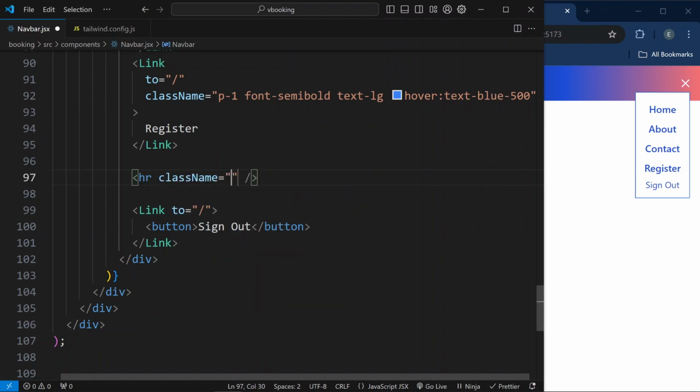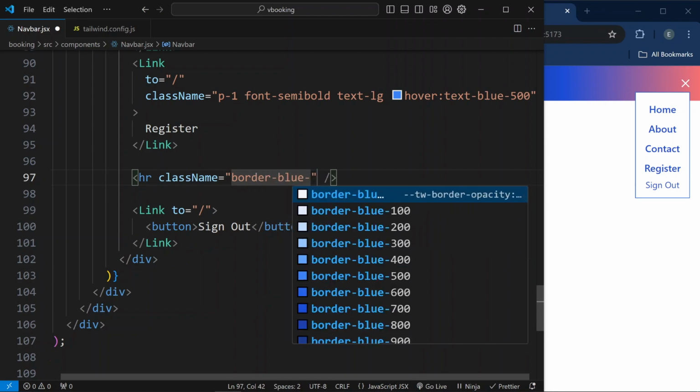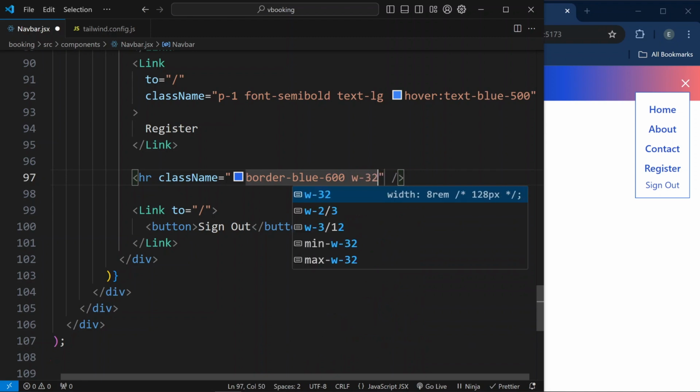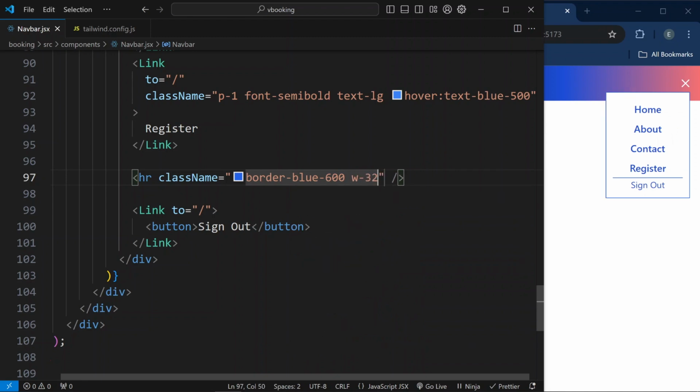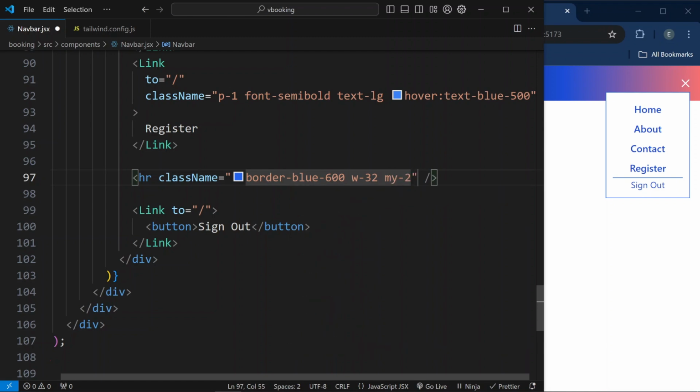We will say class name, border blue 600. We also need to give it width 32 like this, and my is to separate it out from other items like this. My means margin on top and bottom. Okay,